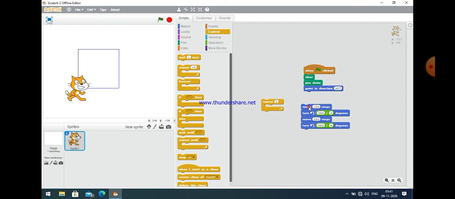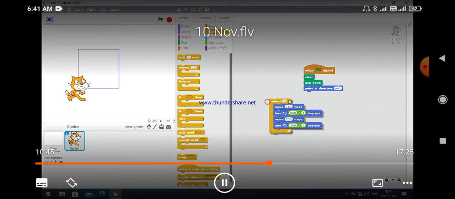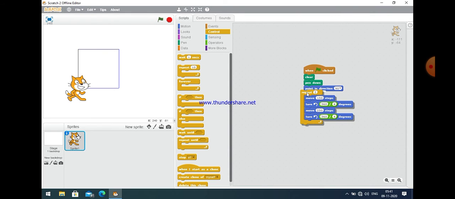And now we also have to change the number of times it will be executed, that is 2. So we give the value 2 for the repeat control block. Okay, now let us see.